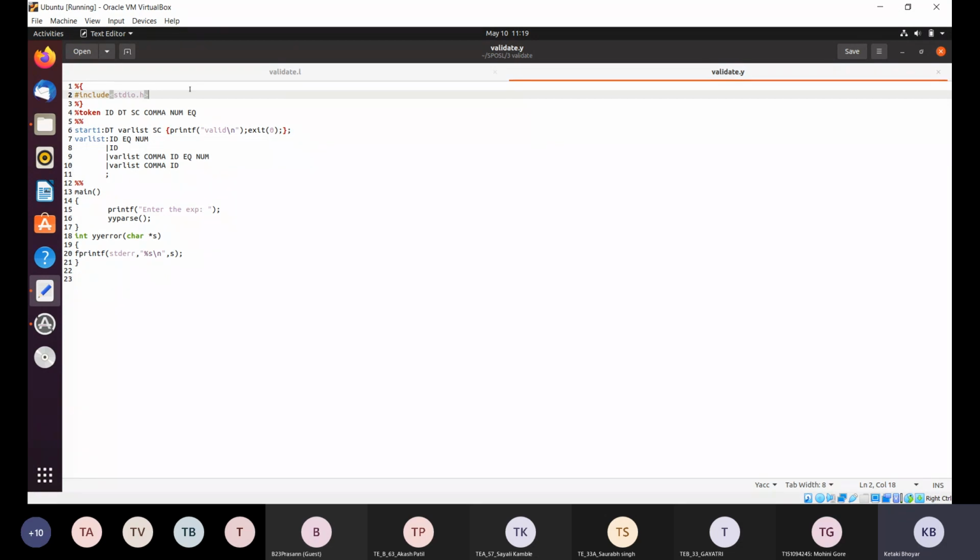So when we are running the lexical analyzer on our .l file, at that time it generates a new file, that is lex.yy.c file, and we have to compile that particular .c file, and then we can get the output with ./a.out command, right? The output object file is generated.